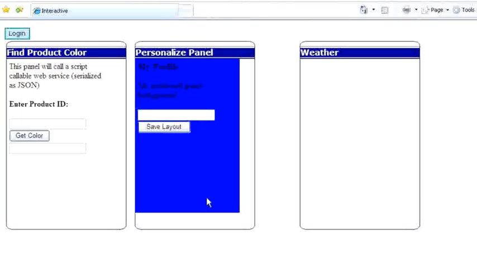Once I'm logged in, the personalization web service is called and it retrieves my personalized settings for the middle panel. In my case, the middle panel is blue. This example also leverages the membership API in ASP.NET. If I select the login control